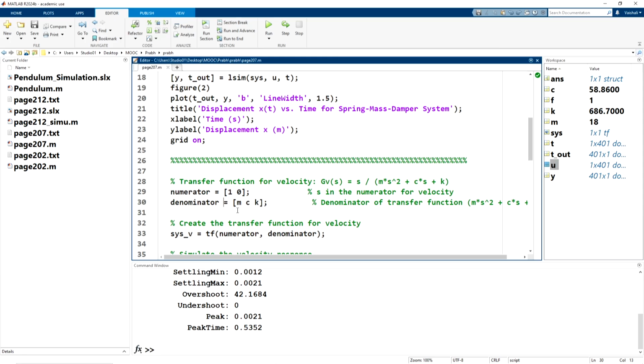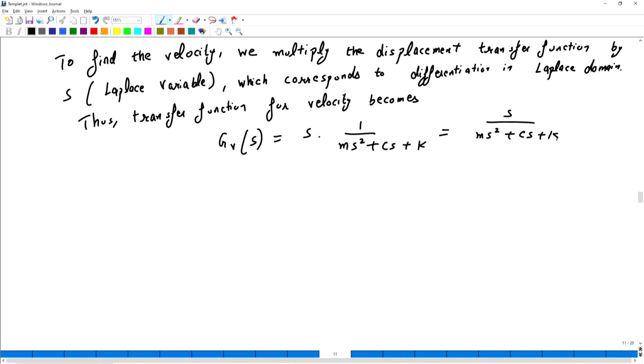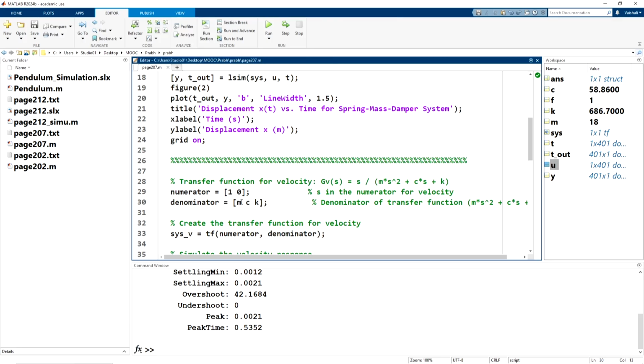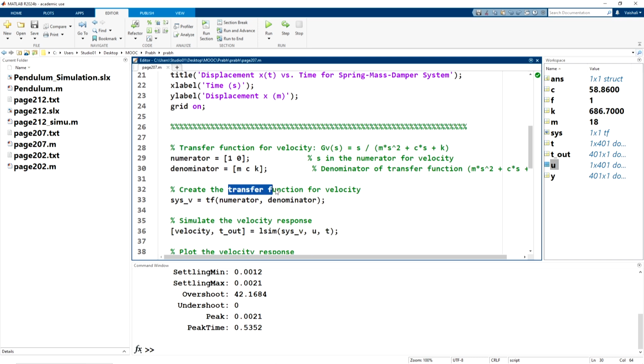And the denominator is again m, c and k, which remains the same. Now the system transfer function we have to represent using the syntax tf. I have changed the variable name to sys underscore v equals tf numerator comma denominator.